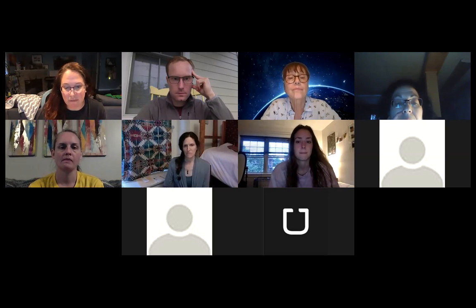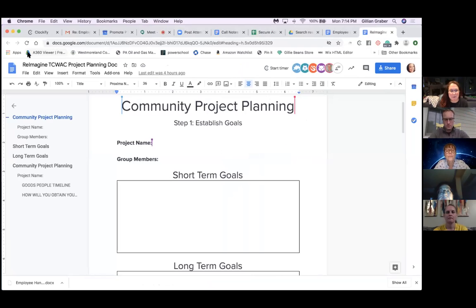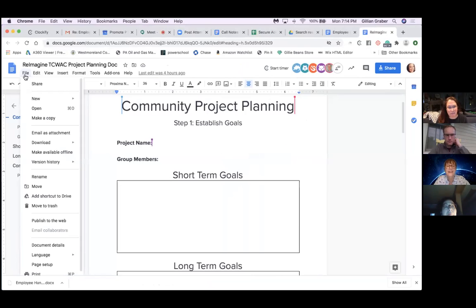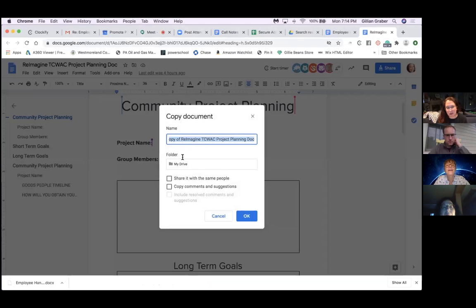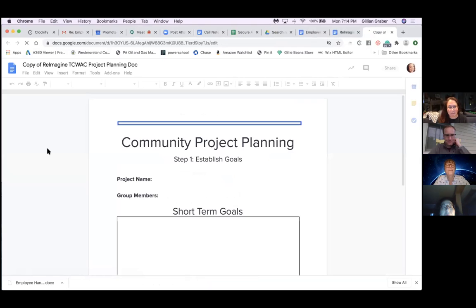And actually, if you don't mind, I'll share my screen. All right. So here's how you make a copy, just for those that need the assistance. File, make a copy, and then it's going to go copy. Boom. That's it. Pretty easy. And then you can start working in the document.